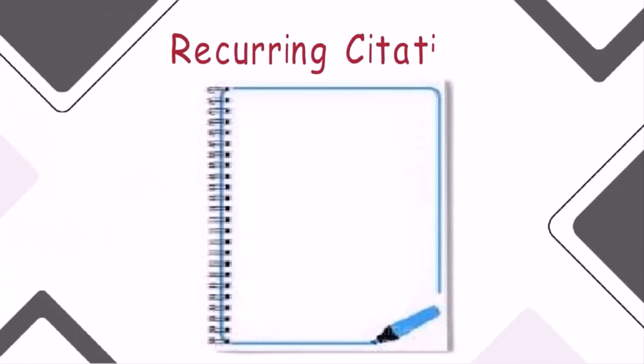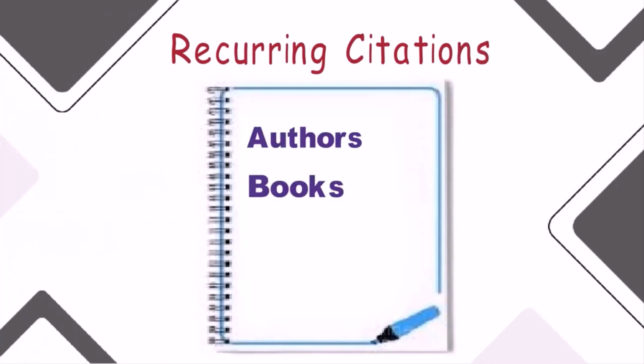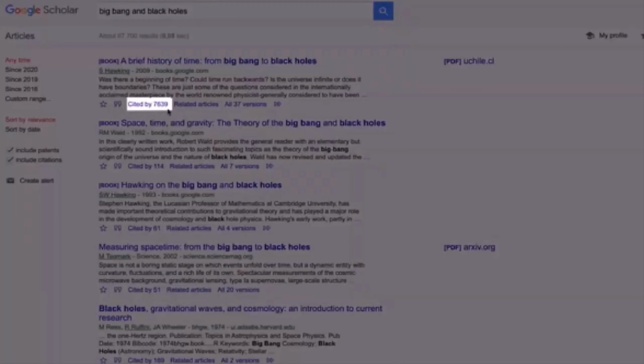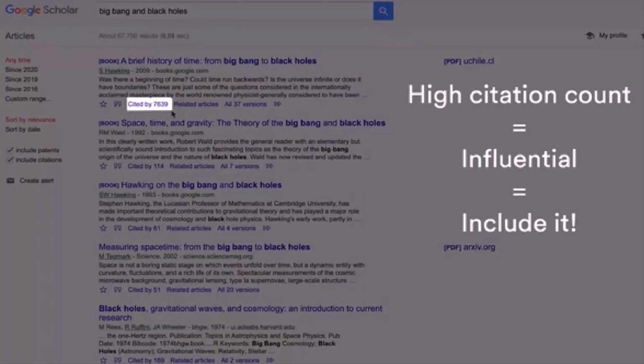To identify the most important publications on your topic, take note of recurring citations. If the same authors, books and articles keep appearing in your reading, you can also look at how many times an article has been cited on Google Scholar. If the number is high, the article is probably influential in the field,